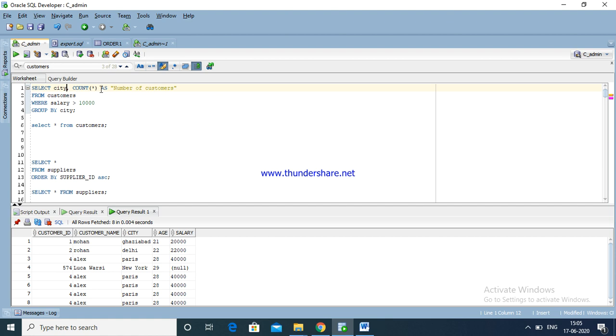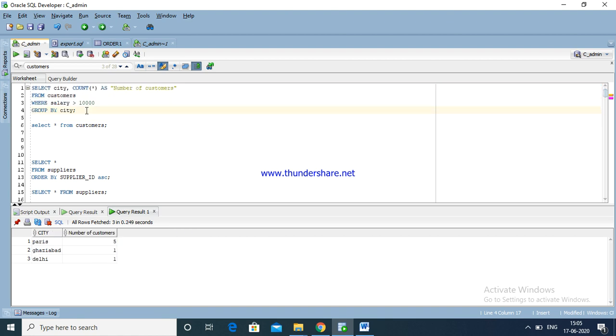Okay, the city column with count. Now I am going to enter. See here, the total number of customers: Paris has 5 customers, Delhi 1. This way we are getting the actual records.